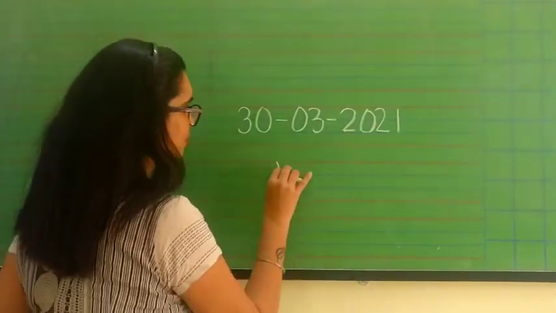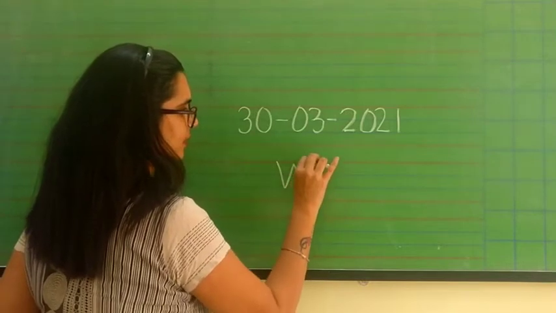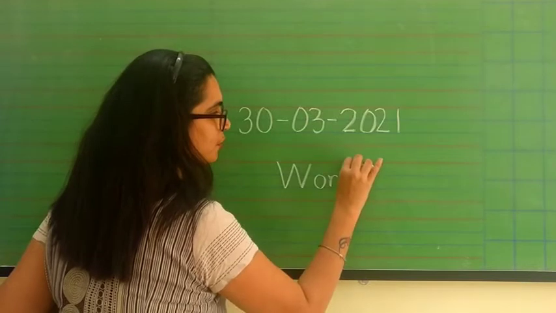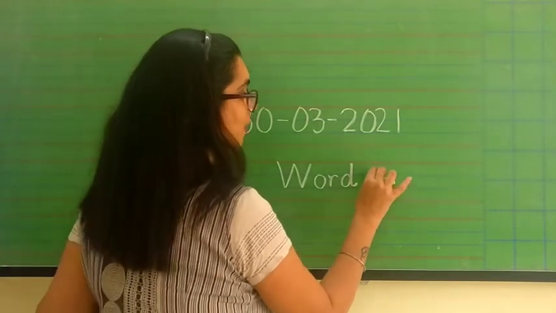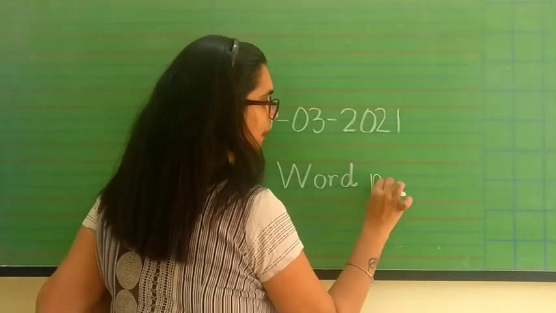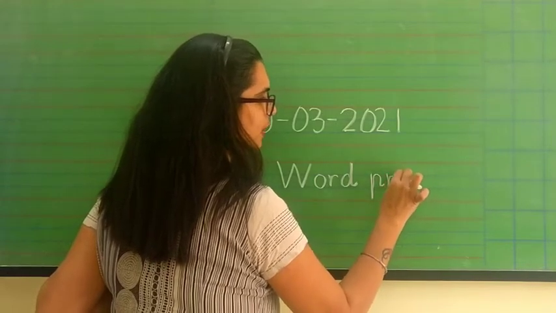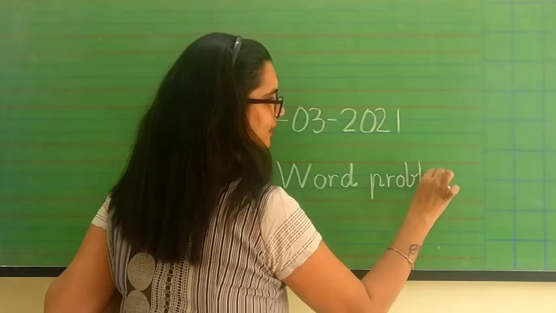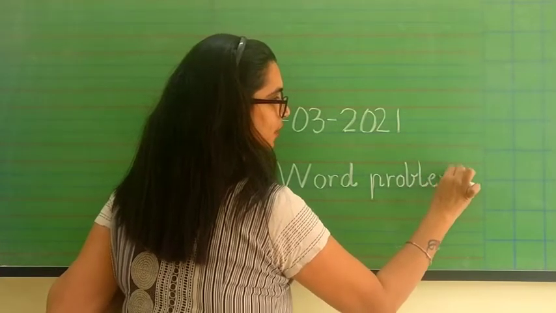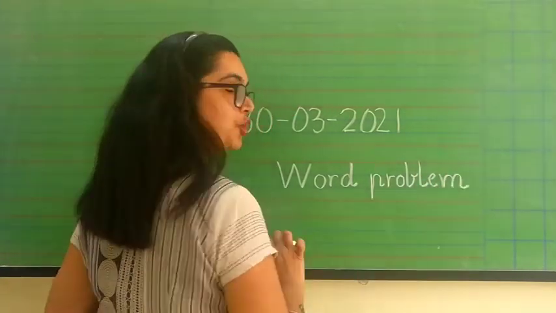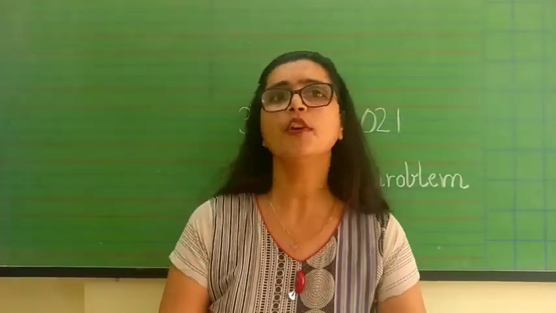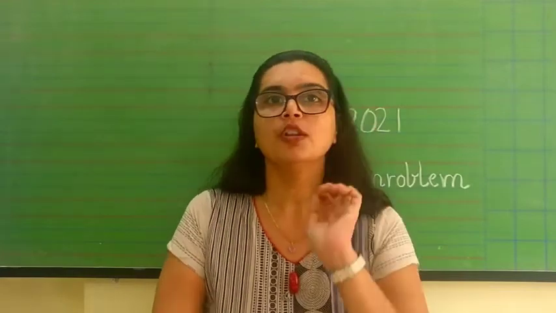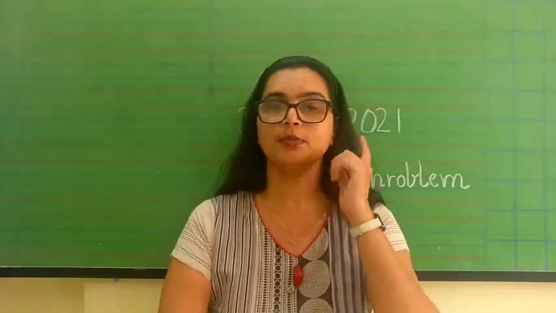And children, today we are going to do one more time the word problem. Yes, we are going to do word problem. I'm sure children now you know in the word problem how do we add two numbers. Yes? So we are going to take the same example like we had done yesterday. So what was the example? About chocolates. Yes? So for today, let's think I have 4 chocolates. Listen to me very carefully.